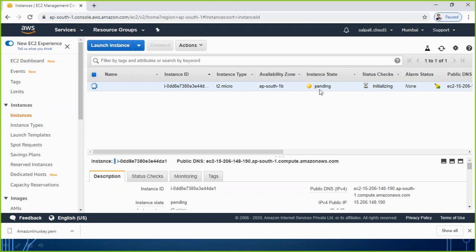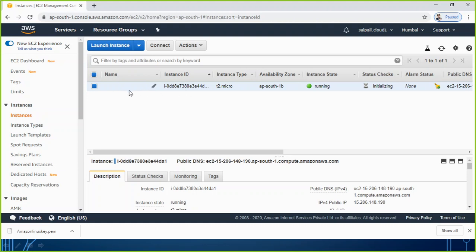It will take a bit of time, maybe 1 minute, and then it is also going to check the status. This will be 2 by 2. Once all the checking is done, one for starting and executing this task, creating that instance, and another check for making it start or run so that we can access it, then once it becomes 2 by 2, this instance is ready to be used.